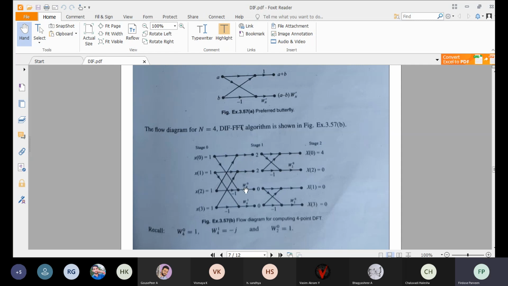At the same point here, since they have put a diagonal line like this, here it is a minus b Wn to the power of r. So W4 to the power of 0 is 1. So here 1 minus 1. See here at this point, the line comes from here. So 1 comes here. So this one comes here. So 1 minus 1, it is 0. So we'll be getting 0 here. So this one we have got.